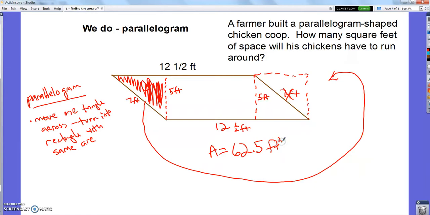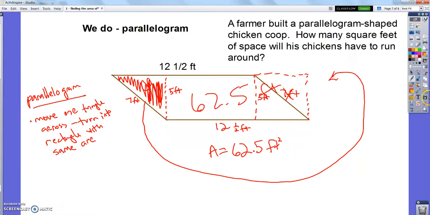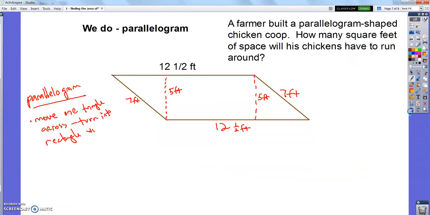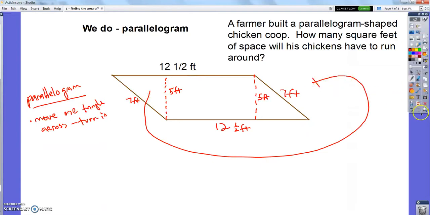So even though I made a new figure out of it, if this is 62.5 square feet, and I move that piece back over there, I still have the exact same amount of space inside. It doesn't really change my actual figure. All I do is take this and move it over there. If you need to go back and pause when I had the figure drawn there, please do that. This is kind of a hard concept, but our first strategy on area is turning things into rectangles, because rectangles are very easy to